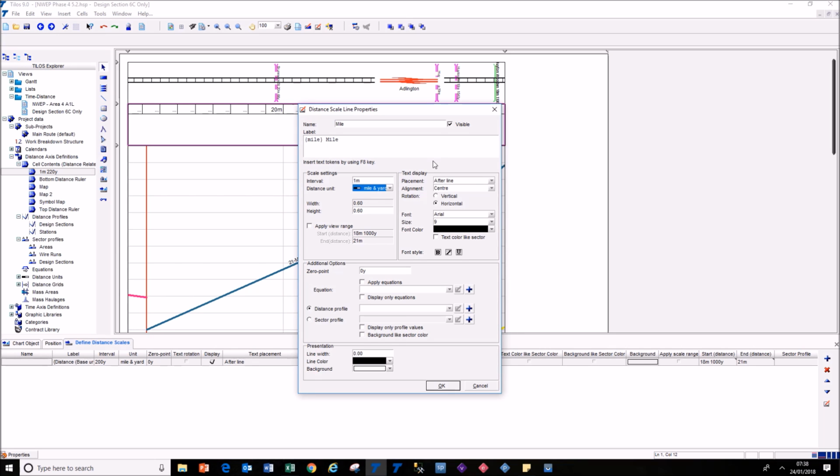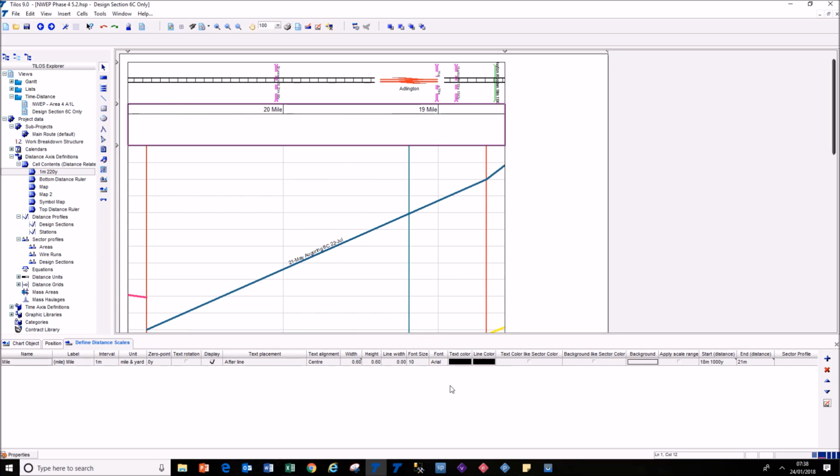We're going to place the text. Well, I think I'll show you this on screen, as you can see it happening. This is where we place the text. This is the font size, so I think I'll go for 10 and click on OK. So the alignment at the moment is after the line, so it's placed just after the line. So we could say, if we had it